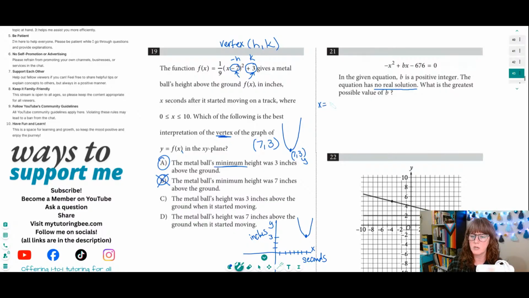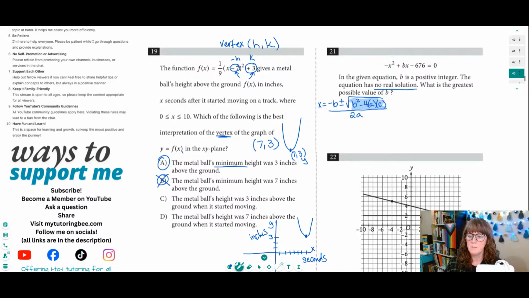For the quadratic equation, x equals negative b plus or minus the square root of b squared minus 4 times a times c, all over 2a. But what we really care about is this part, okay? So this part, if it is negative, then we would have an imaginary number. So let's set this up as an inequality, less than 0, right?